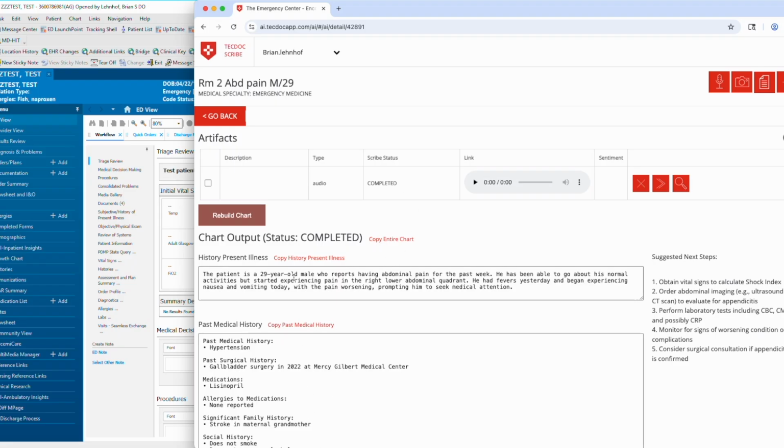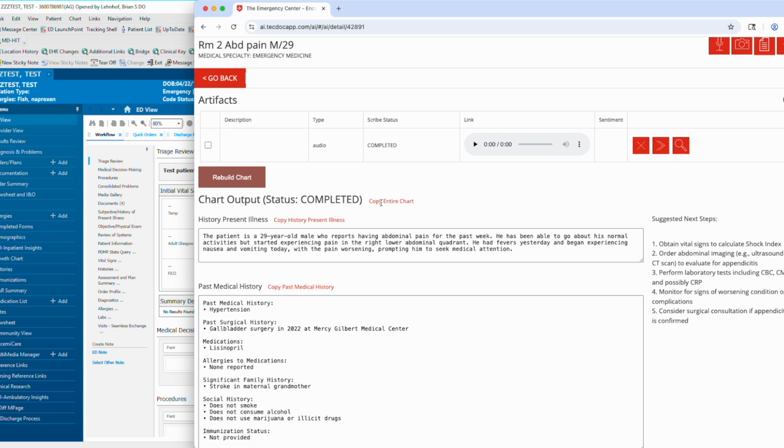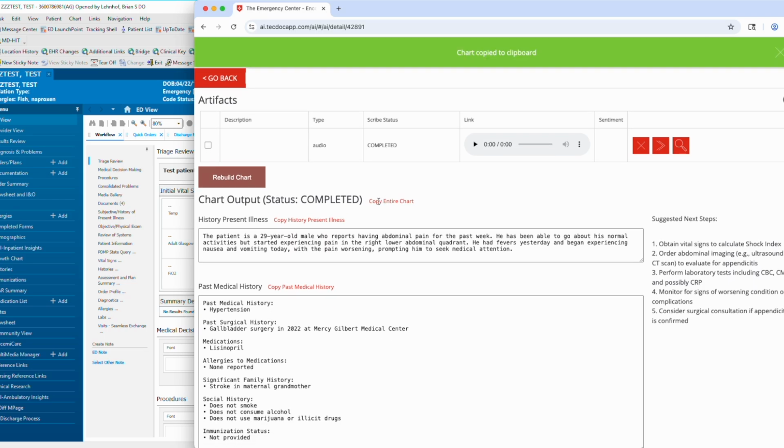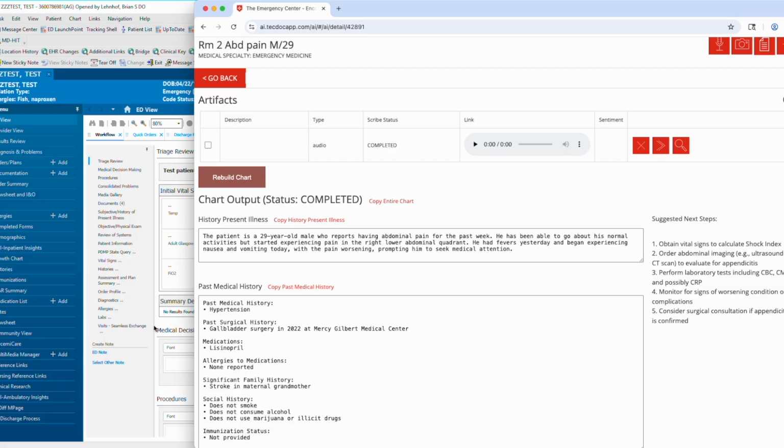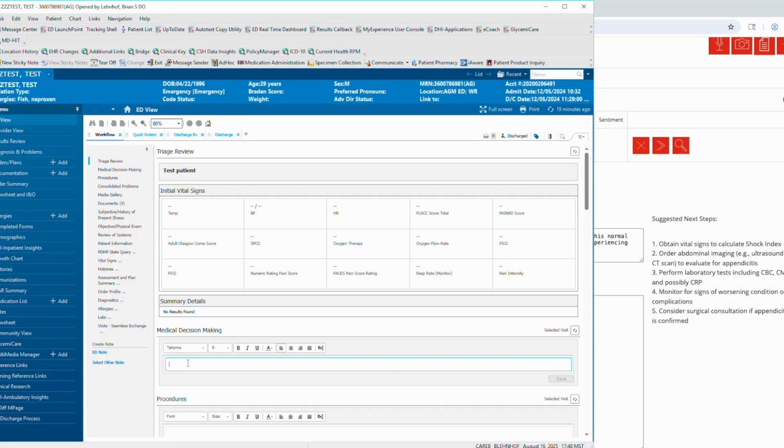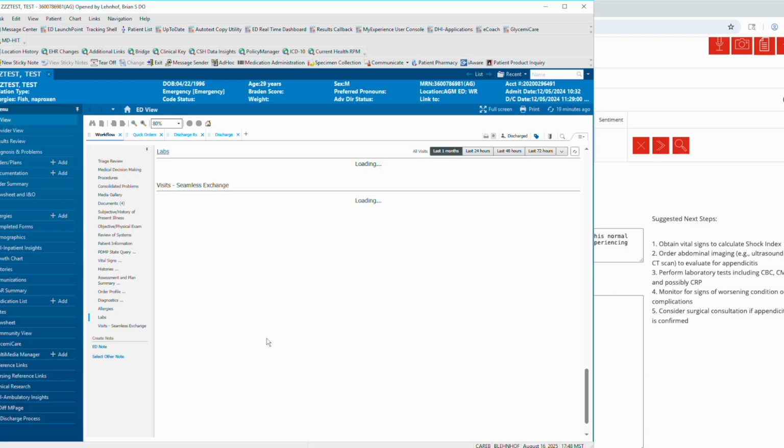You can edit it right here, or you can copy it into your note and do the editing there. I prefer to just go ahead and copy the whole thing from this point. So I come over to where it says copy entire chart and I select it from there. This then saves it to a clipboard that you can use to just paste using Control V or right clicking and paste. I then come back over to Cerner and go to the workflow under provider view into my dynamic